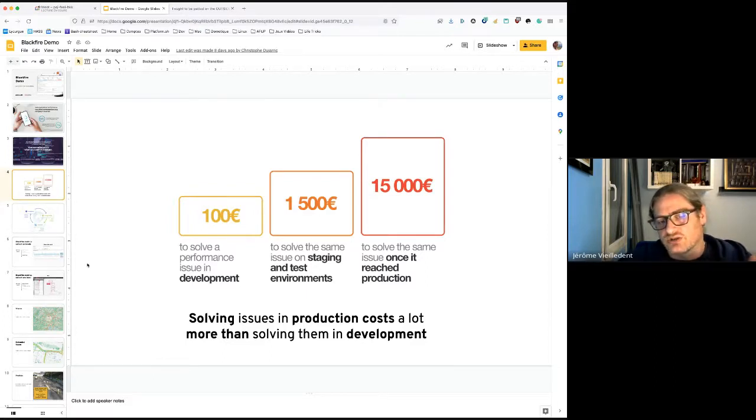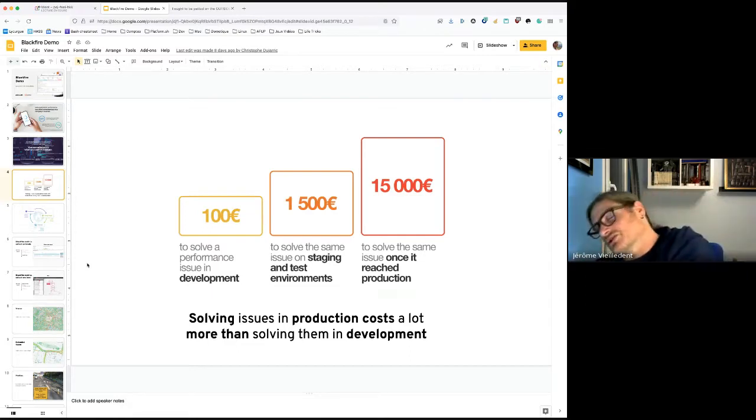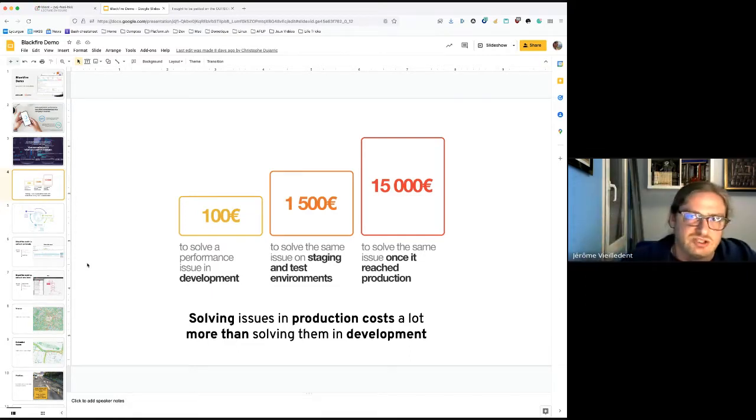Of course, solving a performance issue or any issue costs a lot less when you're close to development than when you reach production. As developers, we probably all know that.